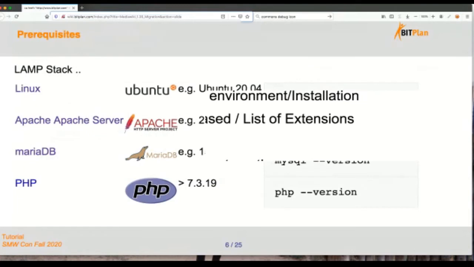So what do you need? One of the major messages here is, since the PHP prerequisites have changed, you need a PHP which has a version 7.3.19 or up, which in our case meant we also had to change the operating system. We'd been running a server on Ubuntu 18, and only by migrating to Ubuntu 20 and going to a new server were we able to successfully have a new PHP version. So we upgraded our server first.